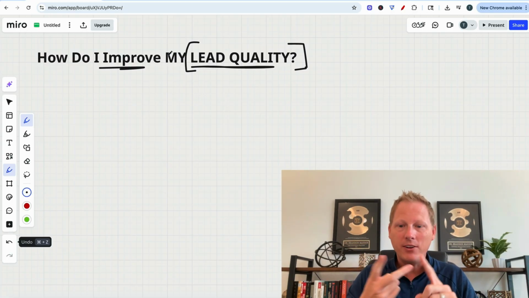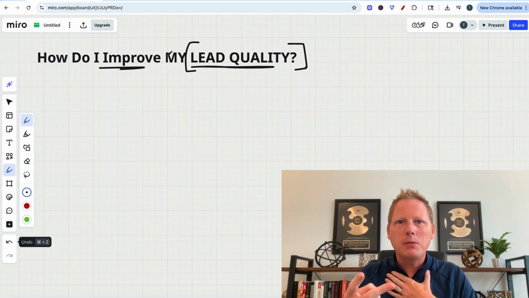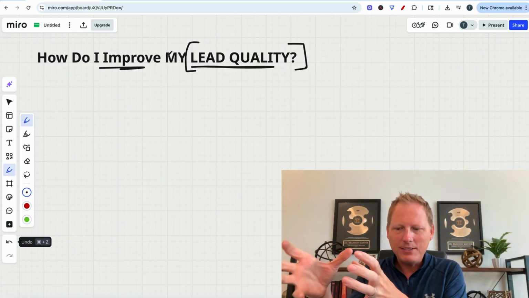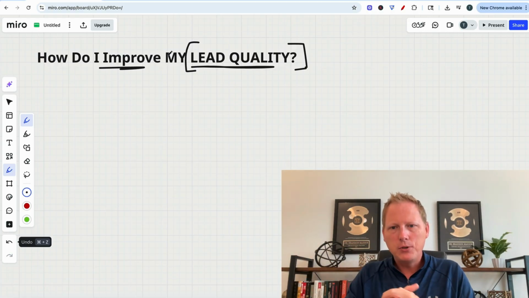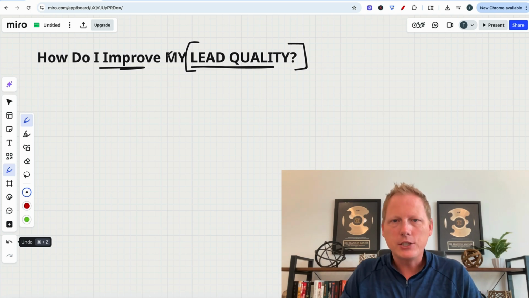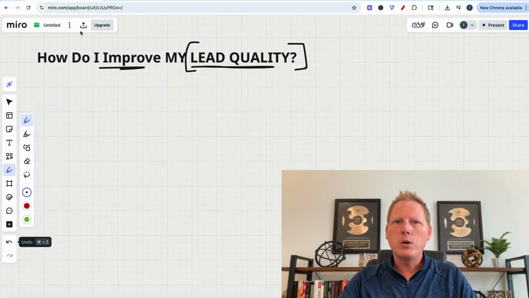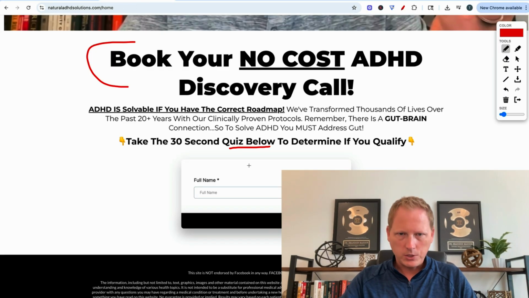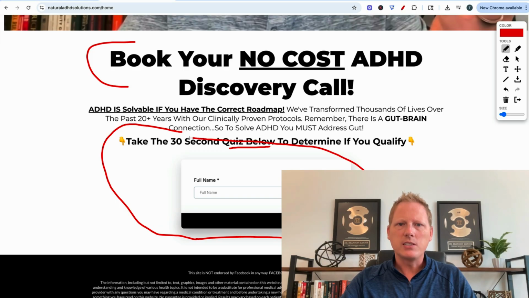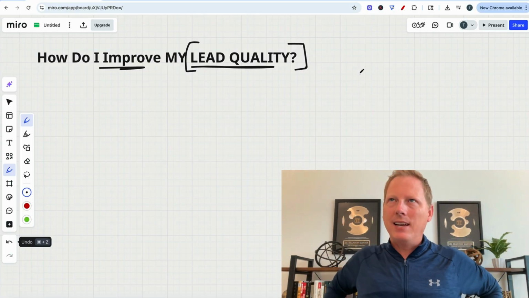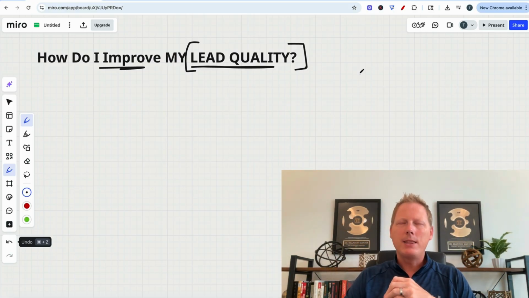If they have no money and they're not motivated, I don't want to talk to them, because they're wasting my time and it's wrecking the pixel data. So it's a mechanism to really improve the quality and protect your calendar from people that are not qualified. So that's thing number 2. It's a little bit more strenuous. If you have access to our software, pretty sure I can share this quiz funnel. It's an element. I think I can share it.